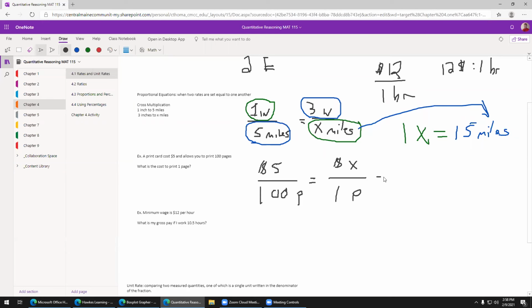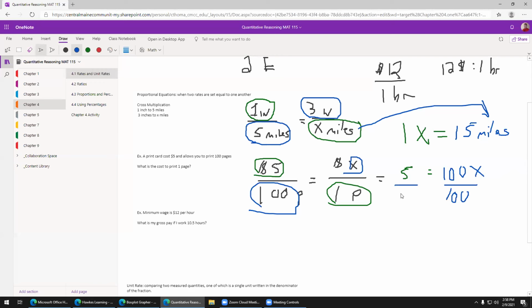And again, we do our little cross multiplication trick. 5 times 1 is 5. Then we do 100 times X, which is 100X. And now, if you use this method, this is where algebra comes into play, right? Because now X is not by itself. So how do I get X by itself? Well, I divide by 100, because then they cancel, which moves this 100 over here, right? And then 5 divided by 100, use our trusty calculator if you don't know it, equals